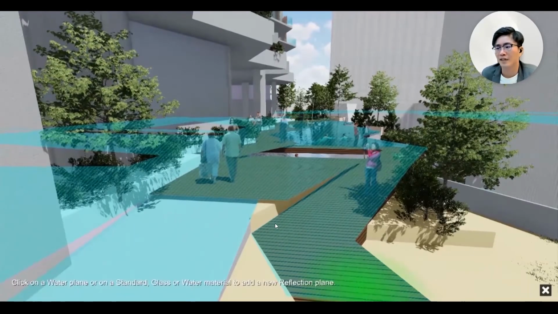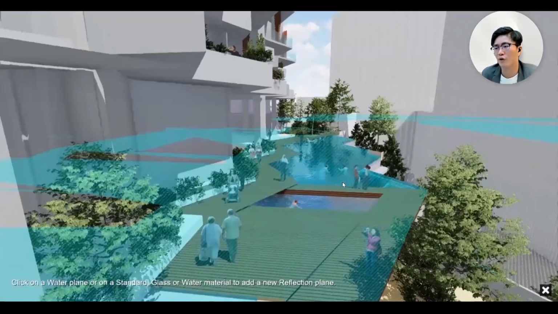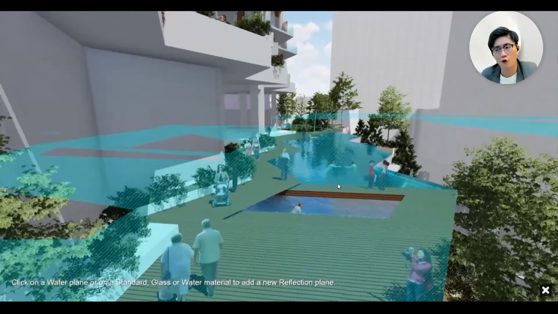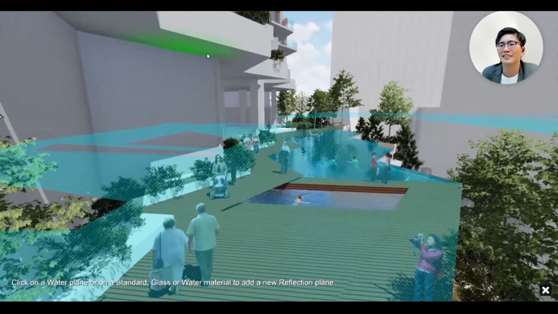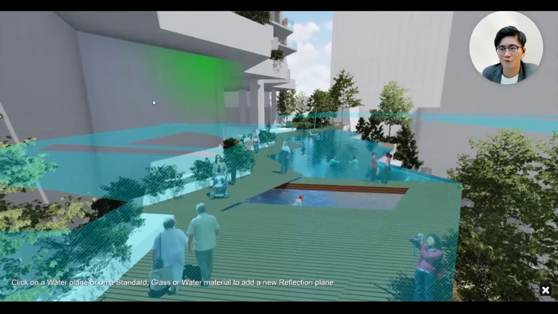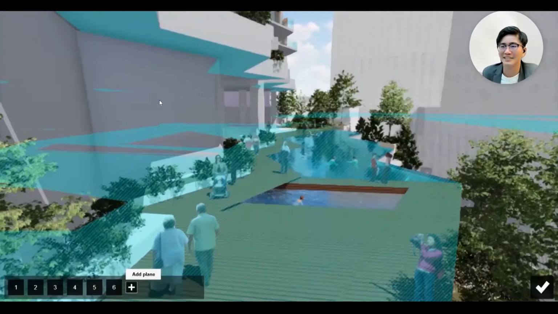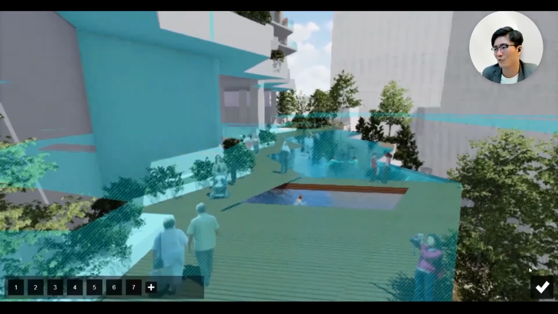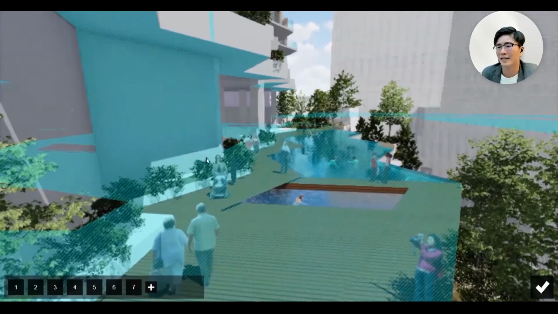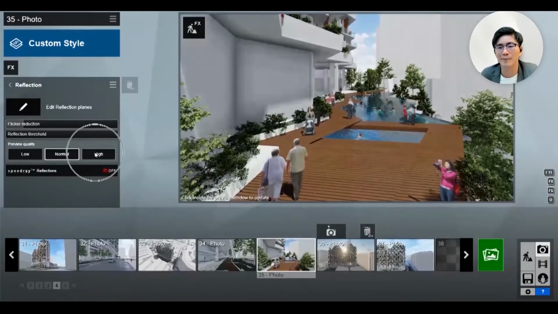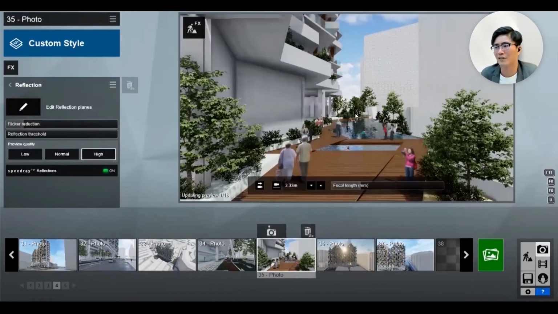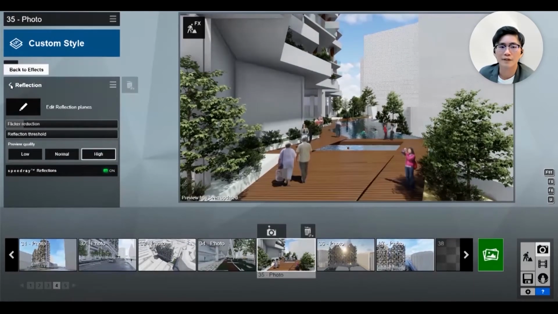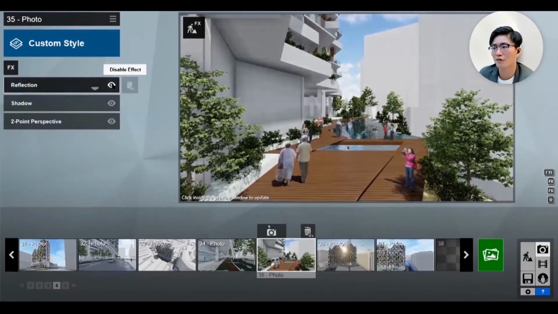So again, firstly apply on the water and glass, then on your floor. If the floor is already done, then next is maybe your ceiling or your walls. So I pick all the walls, which is important. Then let's see the difference. Preview quality, we make it high. We switch on the speed ray reflections. Click here once, back to the angle, then I click here once. Then we see the difference. Now we switch it off.